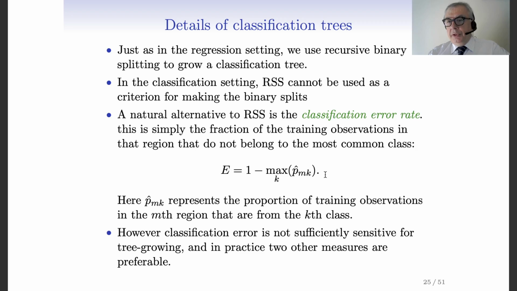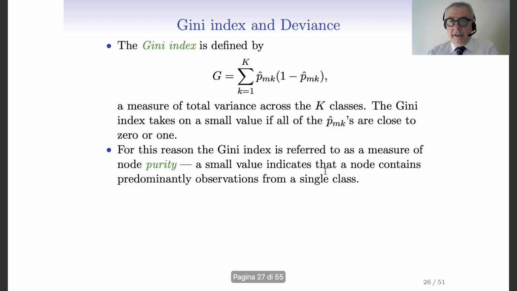Of course, this will not be the case most frequently, and p hat will be lower than 1, and if it is very small, then E gets quite large. Okay, so this is the classification error rate. This seems a good idea, but as a matter of fact, it doesn't work as well as other criteria. There are two other measures that are more popular than the classification error rate,